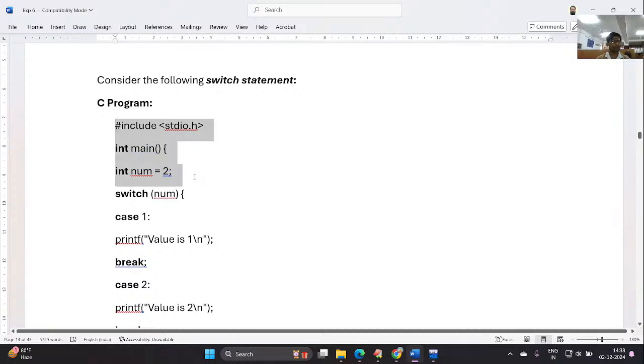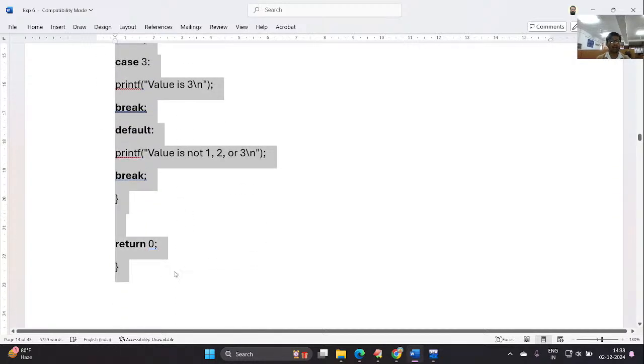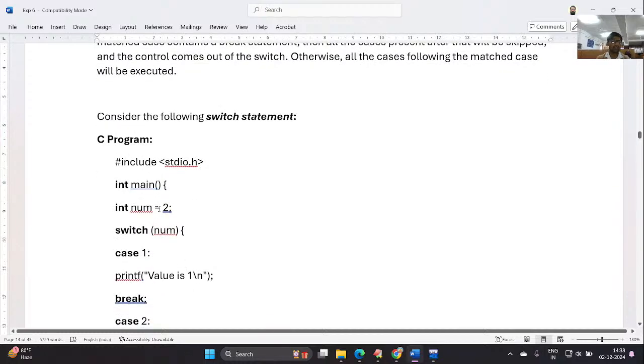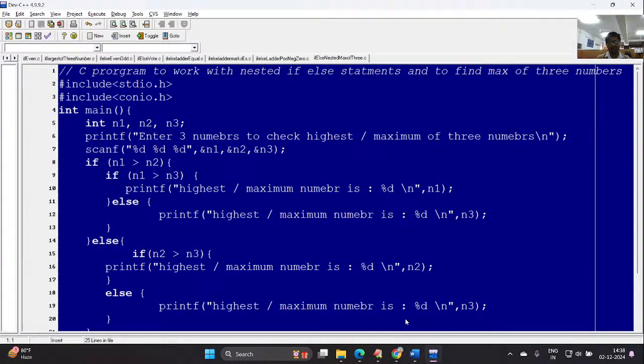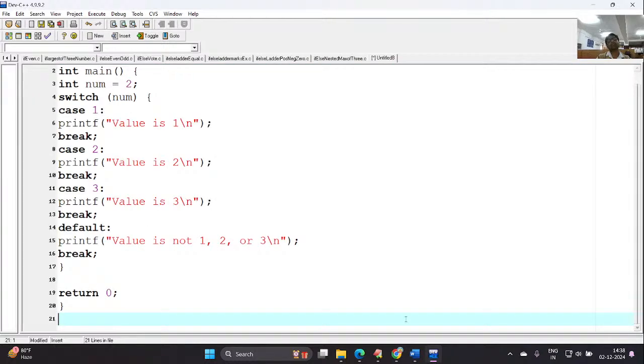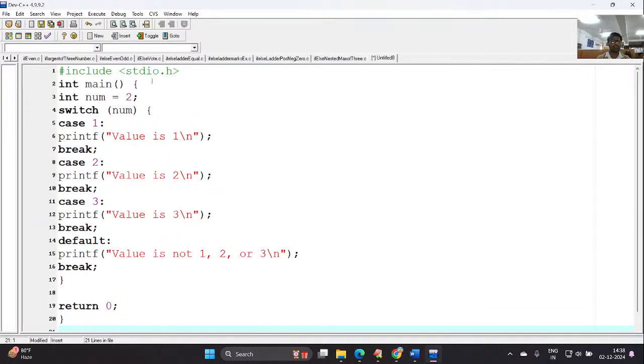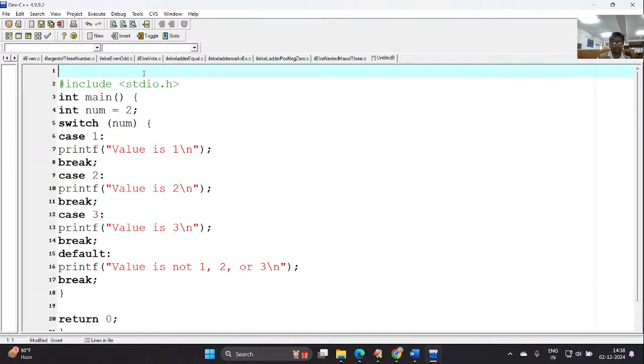A simple C program. I'm passing some value, and here I'm changing the value. If this value gets matched, the appropriate case will be executed. So look at here, an example on switch case. Okay, fine. So #include stdio.h, int main,